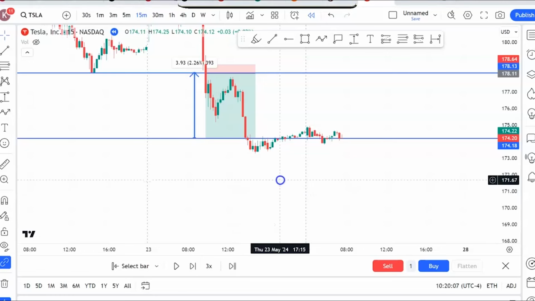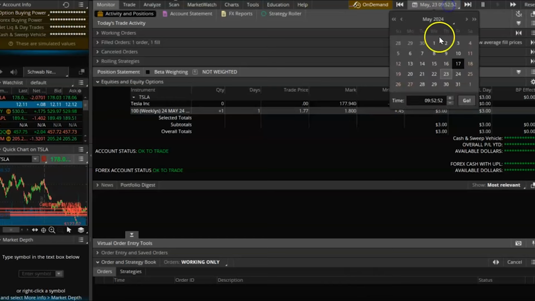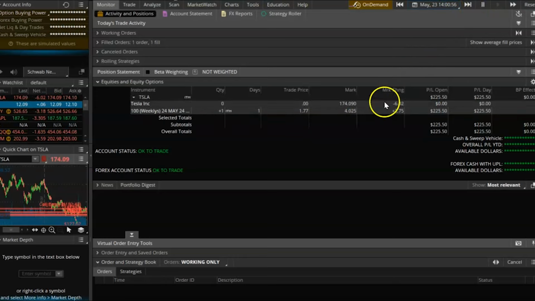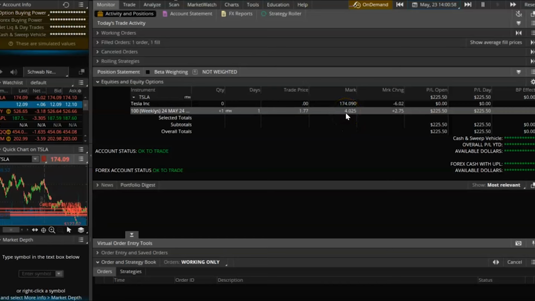So if we go back to our TradingView setup, it ended up hitting our price target at 2 o'clock. So I'm just going to move the time to 2 o'clock to see how much money we would have made. So remember, my entry price for this one contract was $177. And right now it's just pre-buffering to the time. So you will see the clock start moving. So now it's moved. So you can see it went all the way to